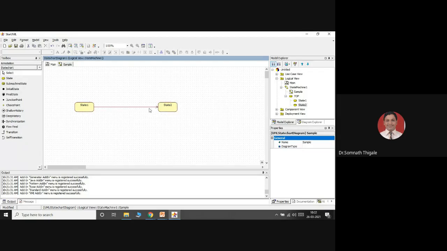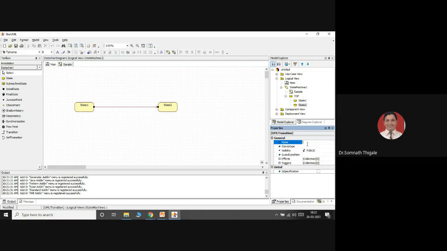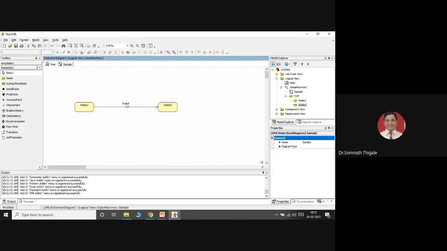Moving from one state to another state we call a transition. But that transition happens because of events, and whatever event there is, we have to give its name. So I will just call it event. This is the event. So an event causes a transition from one state to another state. I have represented it. This is a simple state diagram. A collection of such different states we call a state diagram.